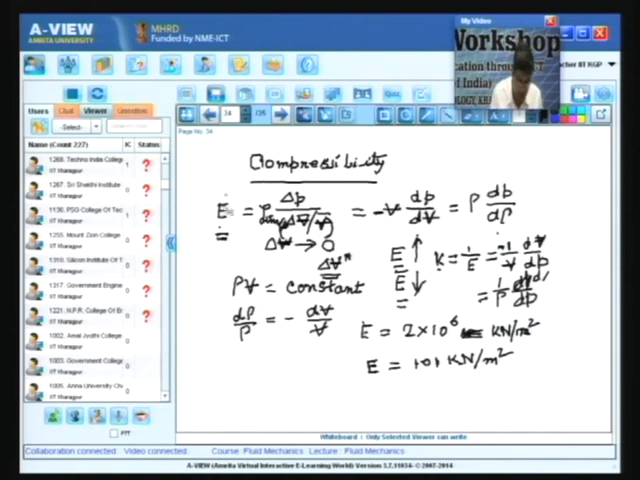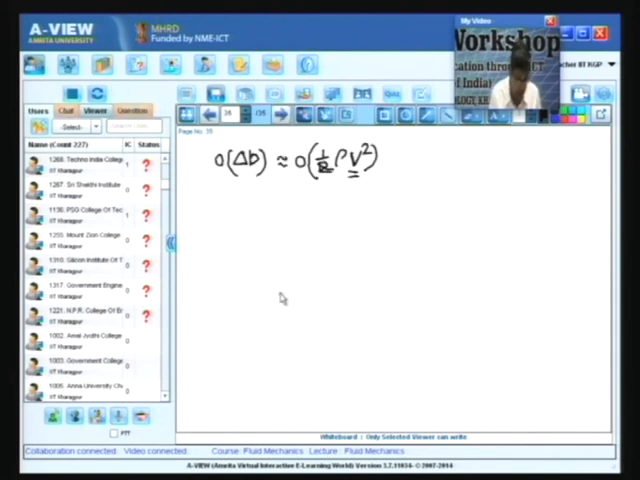Okay. So therefore, if I now replace this by E into delta rho by rho, it is very simple. Writing delta rho by rho is more complicated than the concept underlying it here, which is proportional to half rho V square. From this I can write, and one step further we can write delta rho